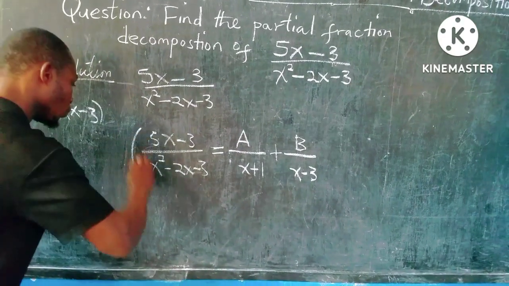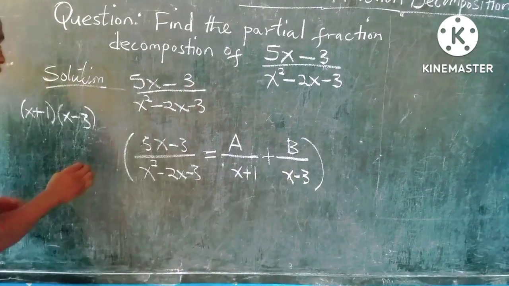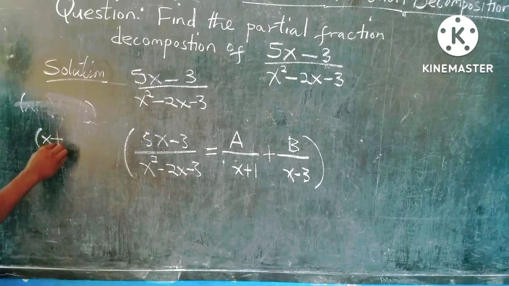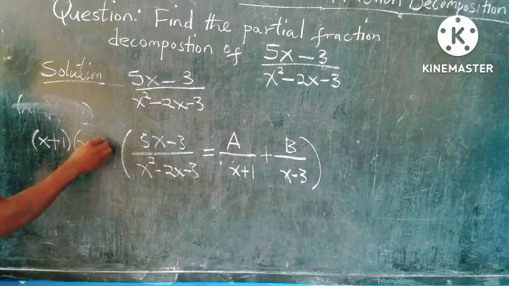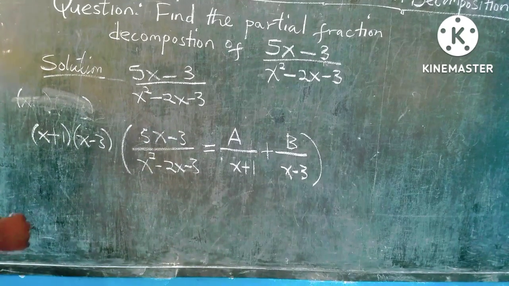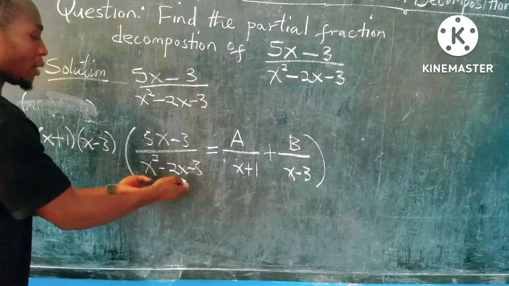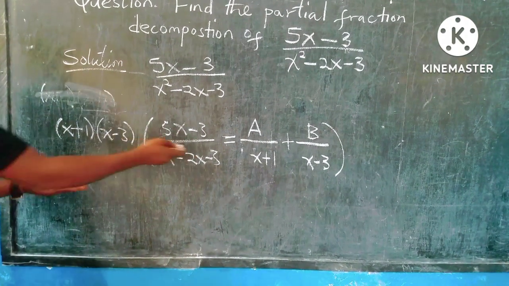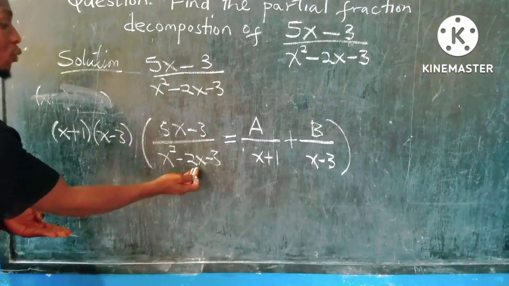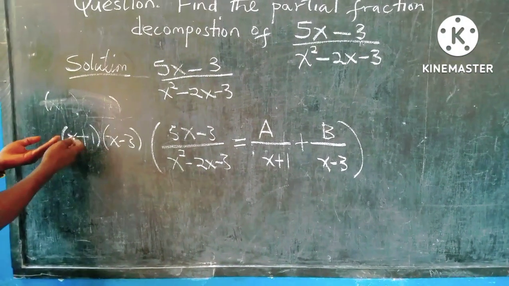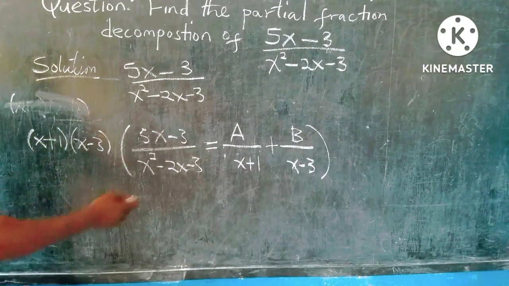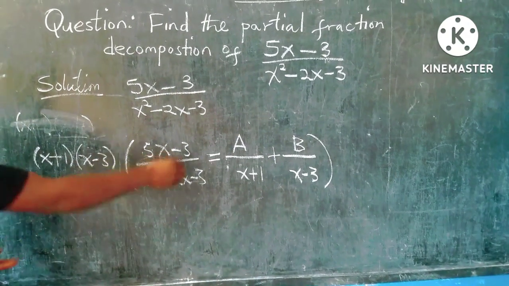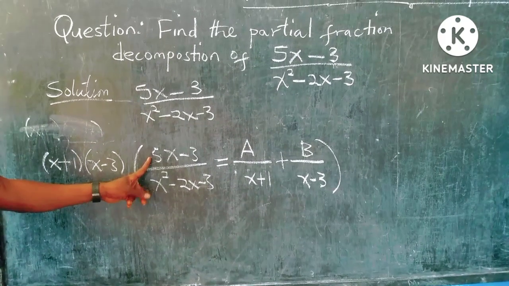So what we're going to do now, we put our parenthesis. Now we come down here, let's get this out. So we say parenthesis will be x plus 1, and that will be x minus 3. So in our next steps down here now, we say x squared minus 2x minus 3 is the same as this factor. So what we're going to do, it means that this will cancel out this. So we say x squared minus 2x minus 3 go into parenthesis will be x plus 1, the closest, and another will be x minus 3. This is the LCD, the least common denominator for all of them. So this will get cancelled out,